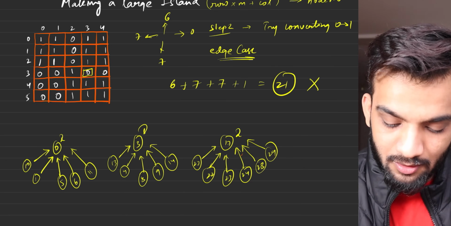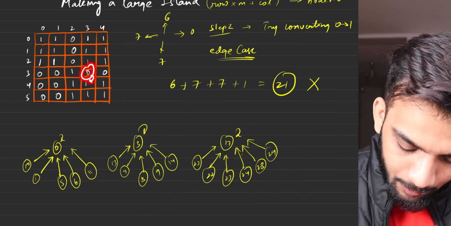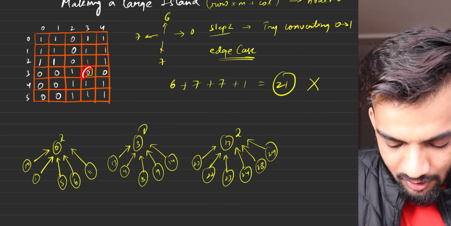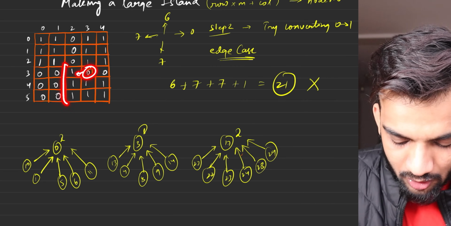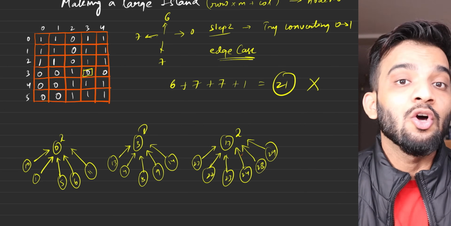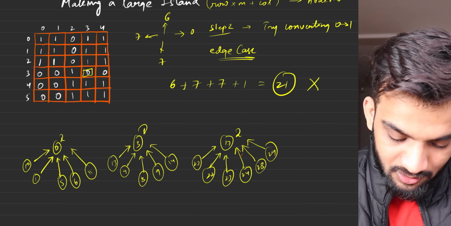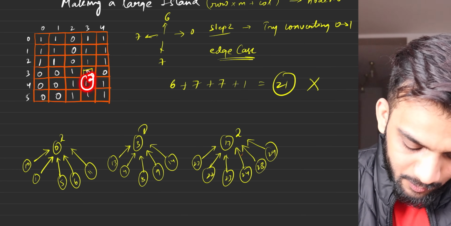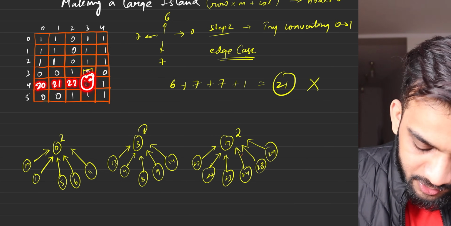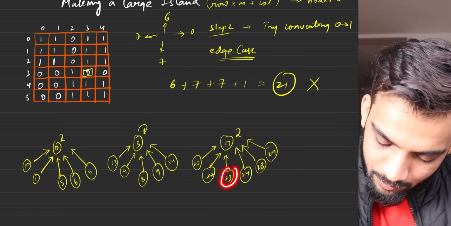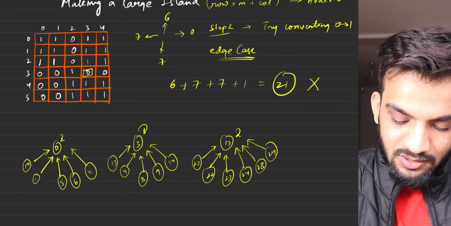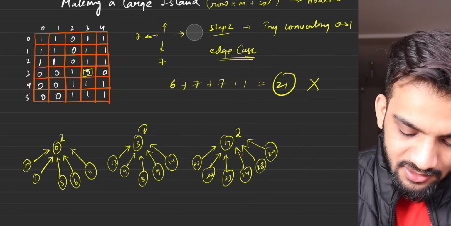Why did this happen? Because this guy on the bottom got a 7 and this 7 was this component. This guy on the left got the same 7. So 7 was computed twice. What you should have done is, if I compute the value 20, 21, 22, 23 cell number, you see 23 cell number is pointing to parent 17. So what you do is, instead of storing the sizes